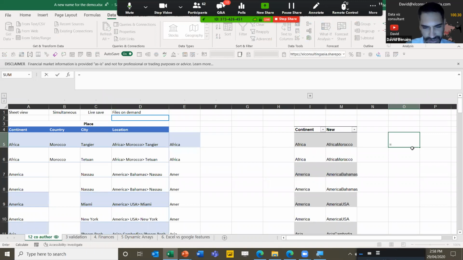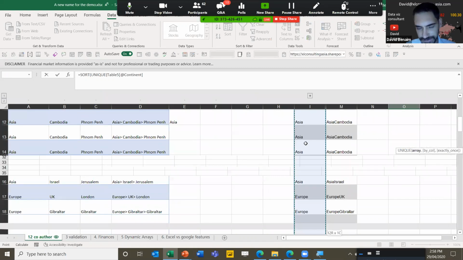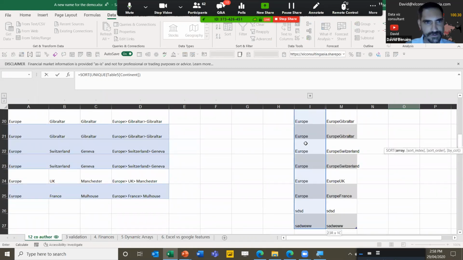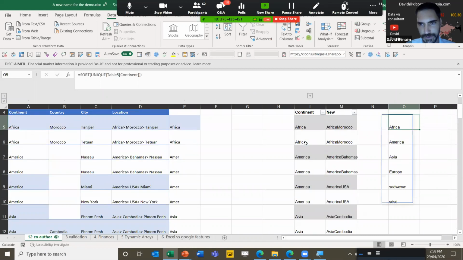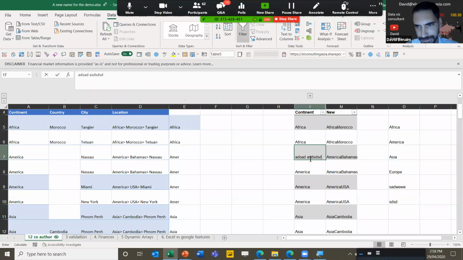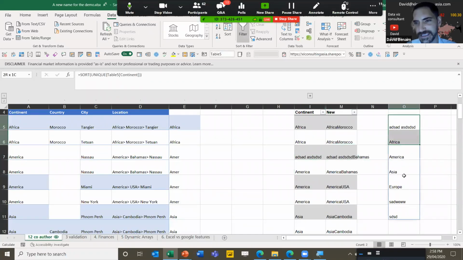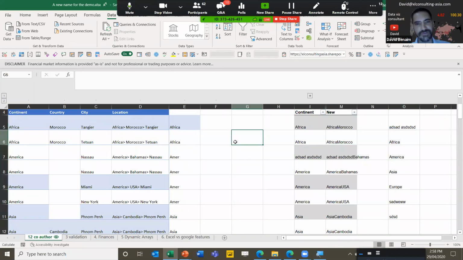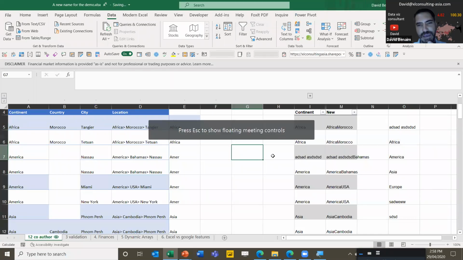So I could say, for example, equals sort and then unique, select all of these cells, close my brackets 2 times, and then it just does that. And it's dynamic. If this becomes a new country, it will add it to the list and sort it automatically. This is really good for creating dynamic drop-down lists. This is, again, only available with Excel 365 or Excel Online. Actually, this works in both.